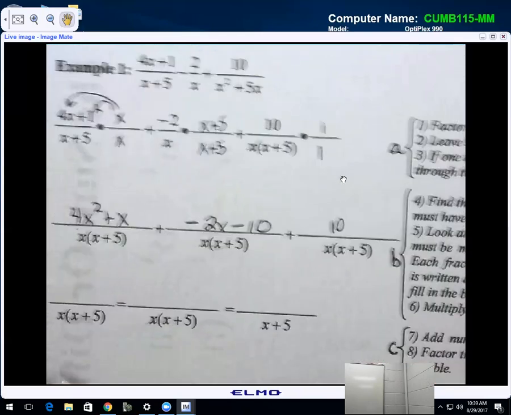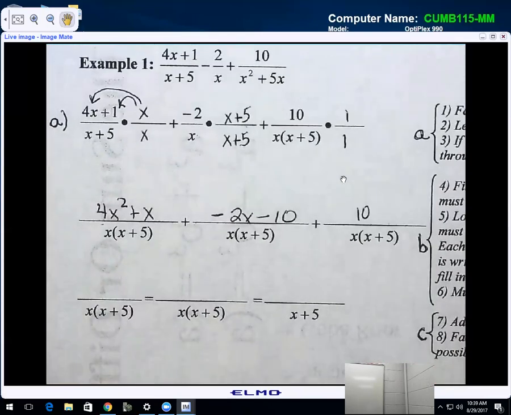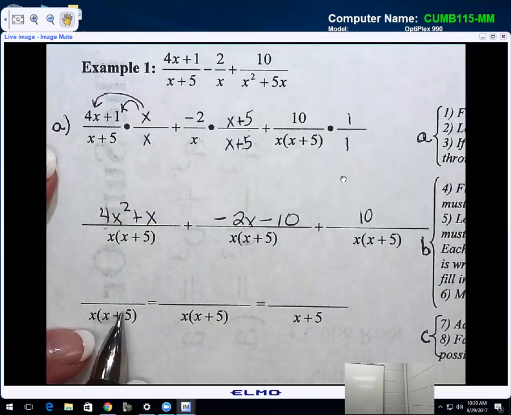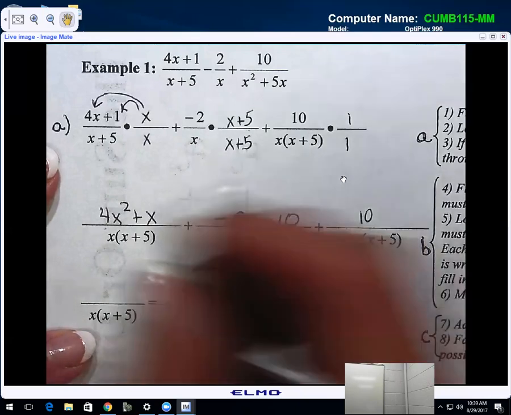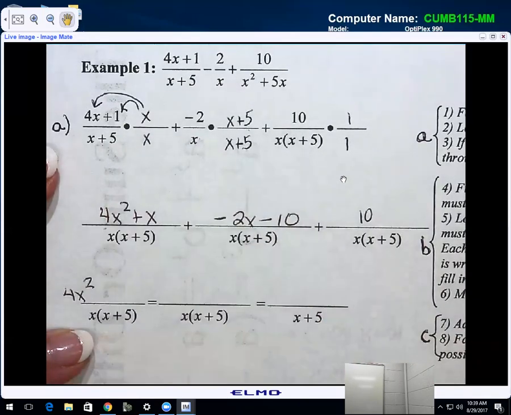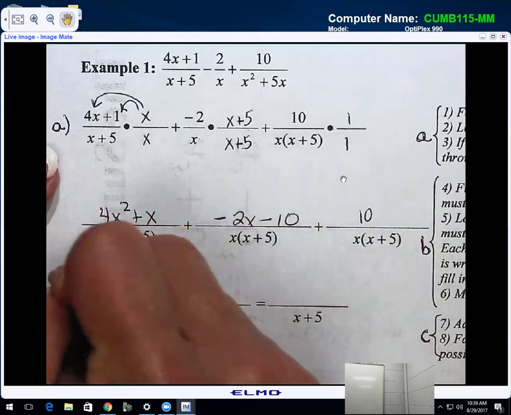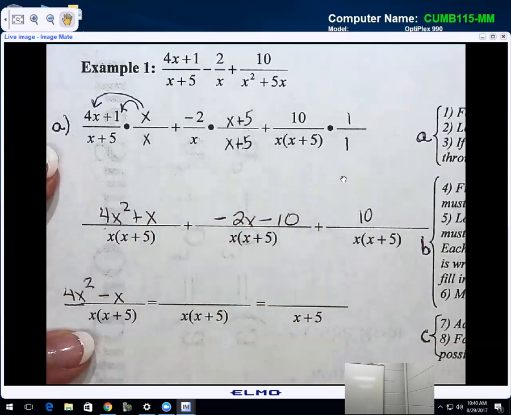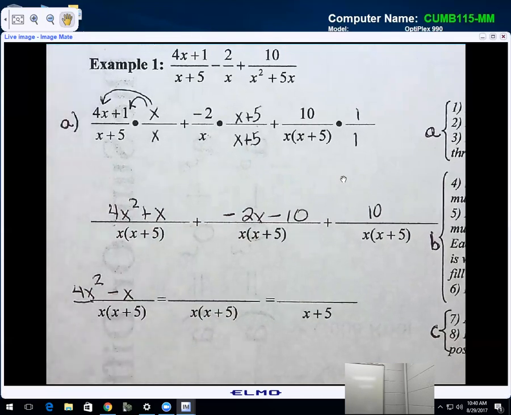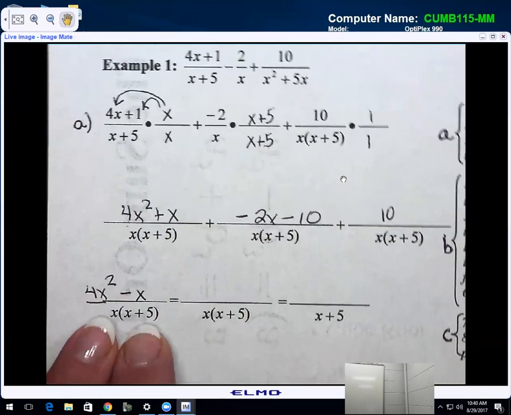Step 7, add the numerators and keep the same denominator, just like we do in basic math. So when I combine like terms in those numerators, what is the resulting numerator going to be? I don't have any other square terms. 4x squared, then what? Or minus x. 1x minus 2x is negative x, and then what? Nothing, because negative 10 plus 10 is 0. So here's my sum,